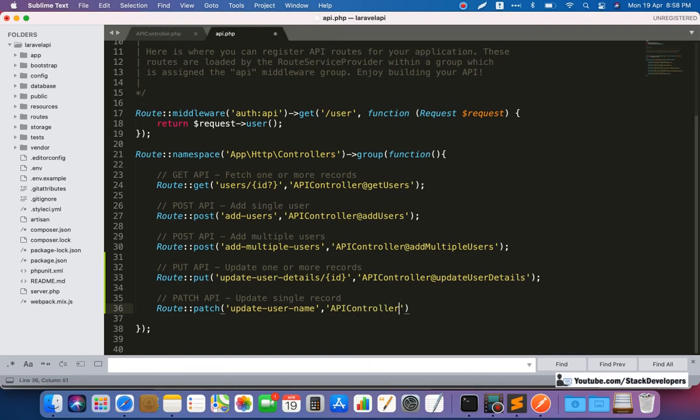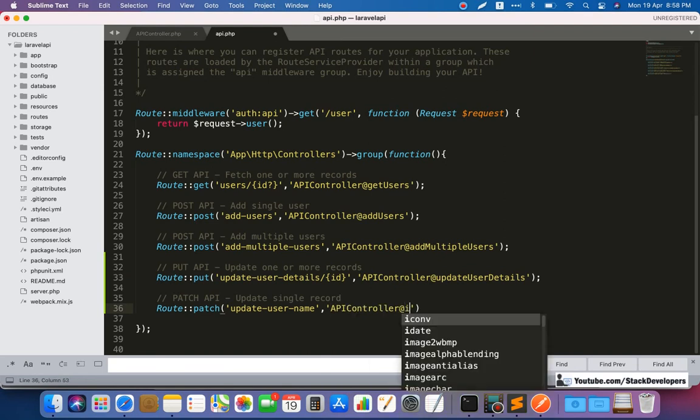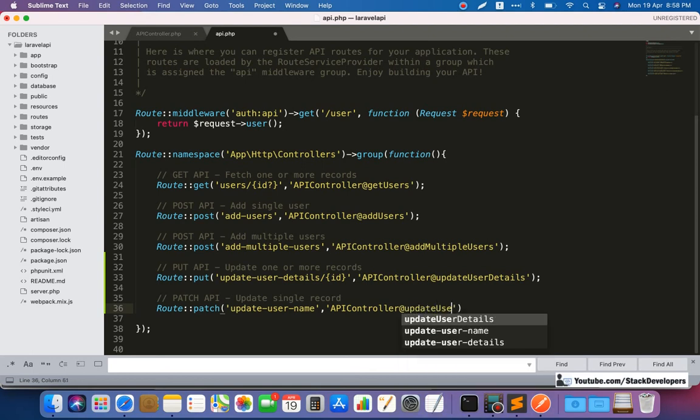In the API controller, here we are going to add update username, like this. See, both put and patch have the same kind of role. The only difference is that put can update one or more records, but patch will only update a single record.